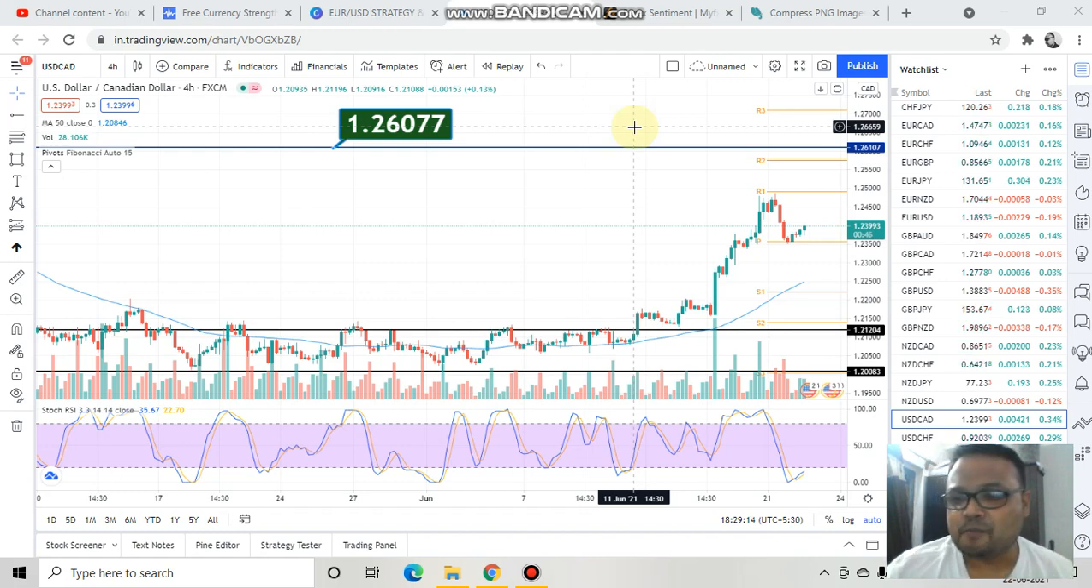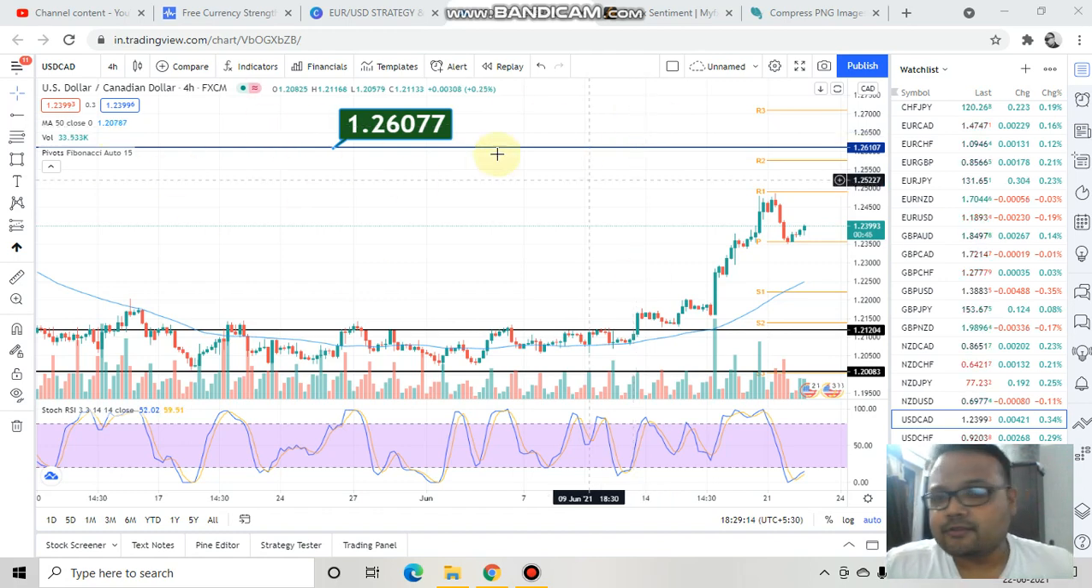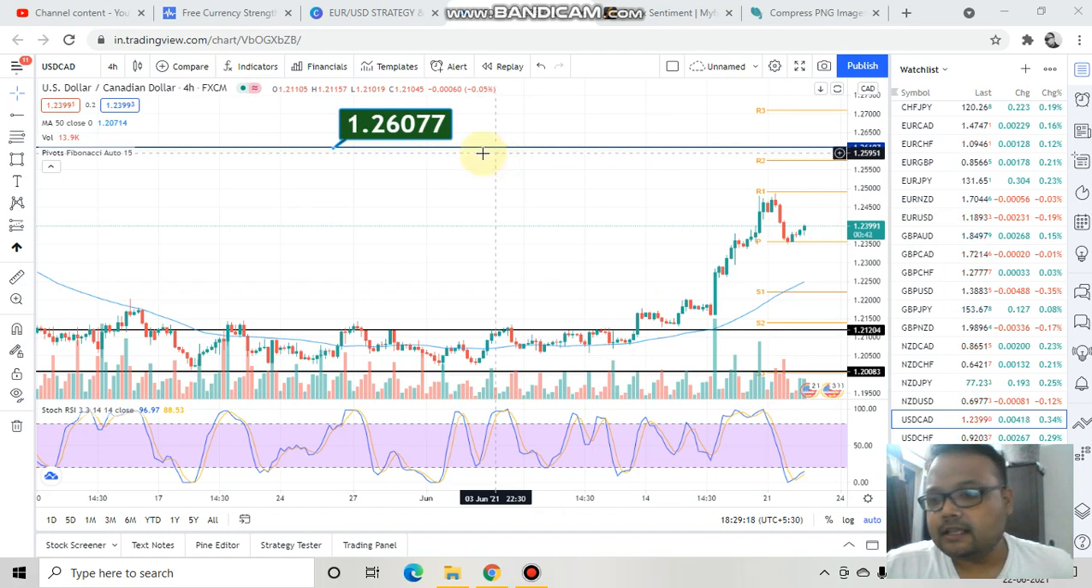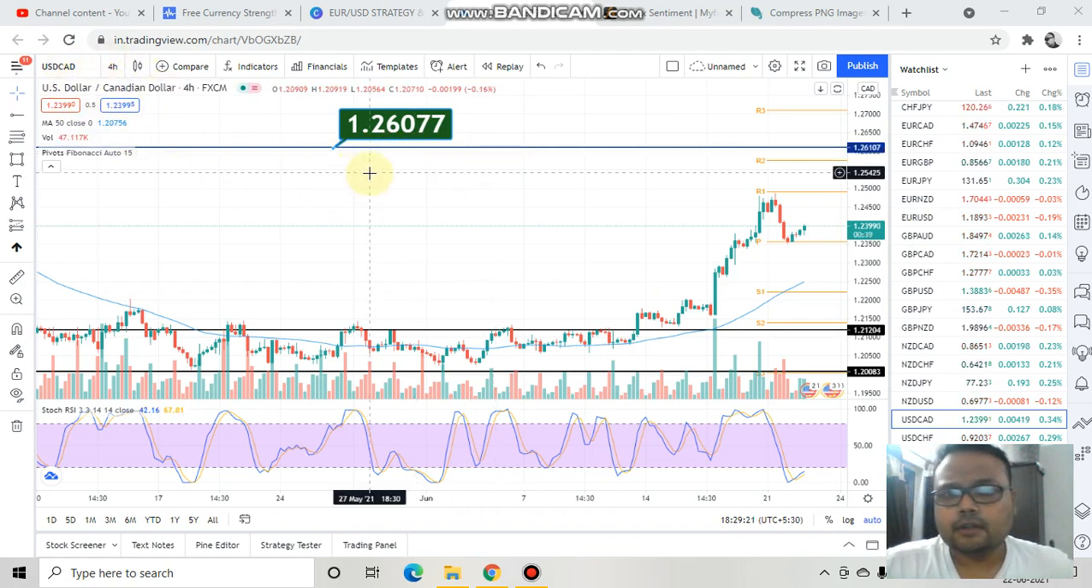So let's get started. This is the 4 hours chart of USD CAD, and yes, I'm in my favorite 4 hours time frame. As we all know, after the FOMC meeting previous week, the market became very volatile when the US dollar became very strong, and currency pairs like EUR USD, GBP USD saw heavy selling pressure. On the other hand, currency pairs like USD CAD, USD CHF became very bullish because prior to the FOMC meeting,